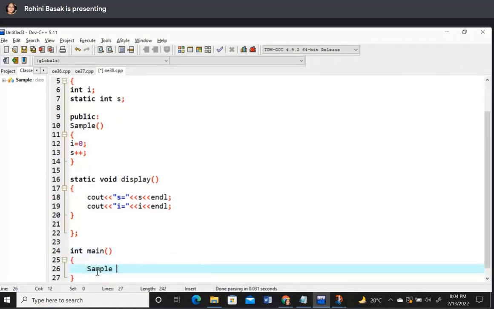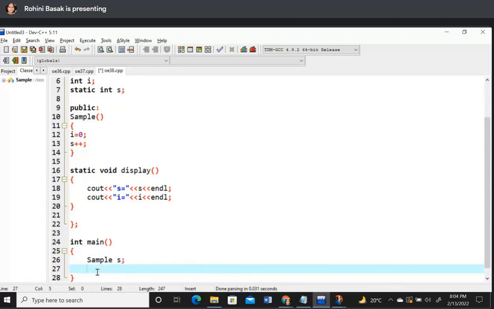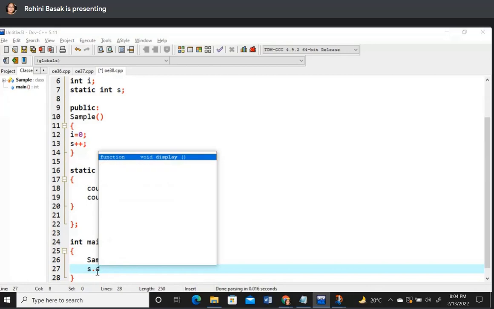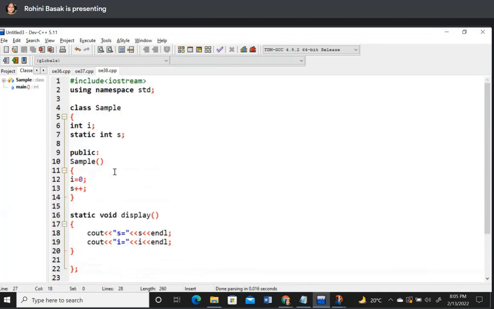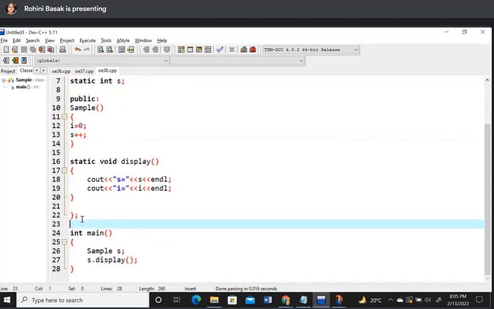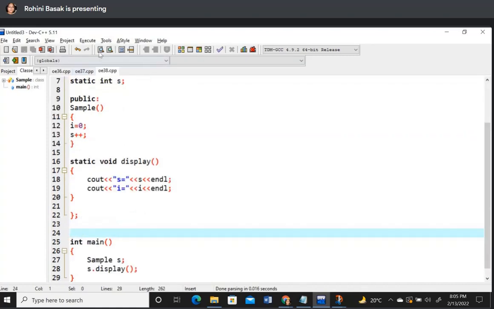Now I have created some objects, say Sample s. Okay. Now s dot display. So display is a static member function. আচ্ছা, আরেকটা কী বললাম? All the static member variables must have to be accessed outside the class definition. Otherwise কিন্তু হবে না। আমি রান করে দেখছি কী দাঁড়ায়।